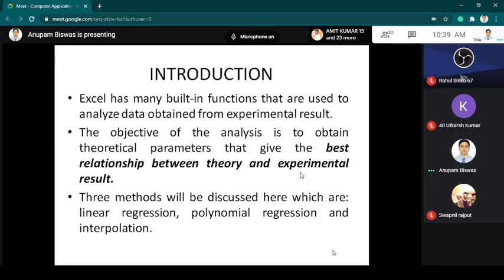The function that we will discuss today, linear regression, is the best option for giving the relationship between a theoretical result and the experimental result. There are many methods that could be discussed. One is linear regression, one is polynomial regression, and one is interpolation regression. So we will see how these